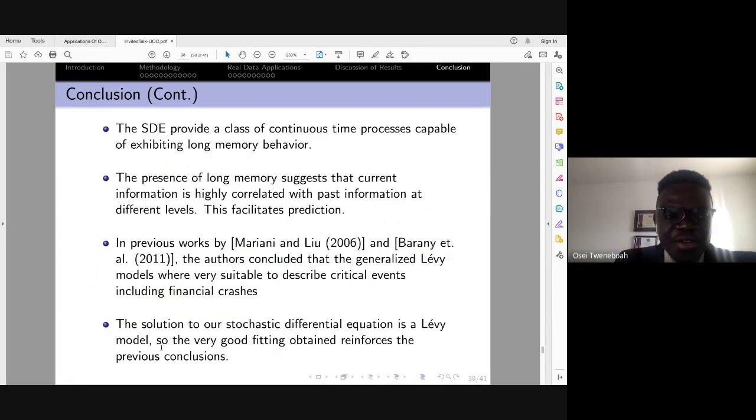And our stochastic differential equation is capable of exhibiting long memory behavior. Long memory behavior means that current information is highly correlated with past information, so this facilitates prediction. This study reinforces the previous studies by Mariani and Liu 2006 and Barani et al. in 2011, where the authors concluded that the generalized Levy models are very suitable to describe critical events, including financial crashes. Because the solution of our stochastic differential equation is a Levy model, the good fitting reinforces the previous